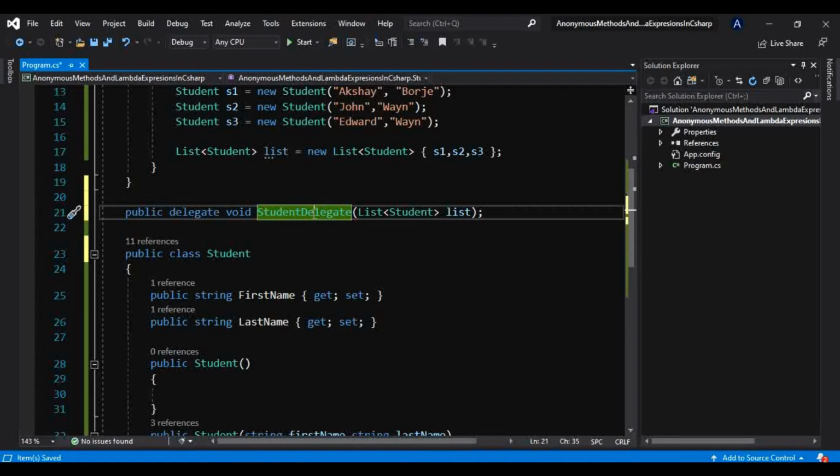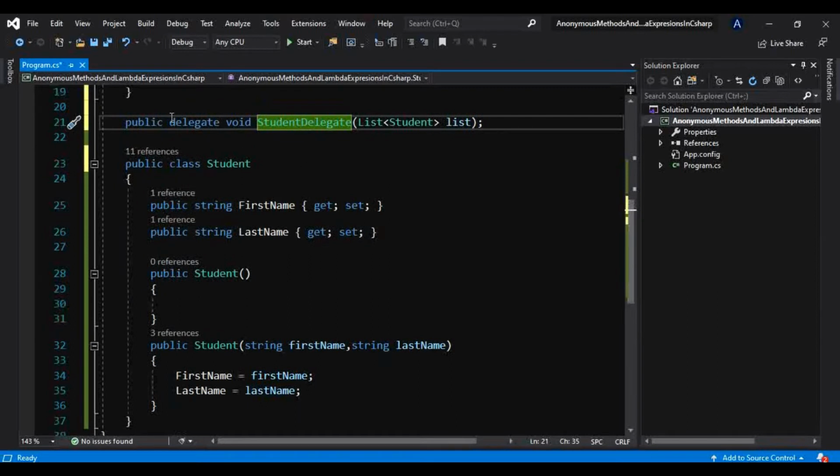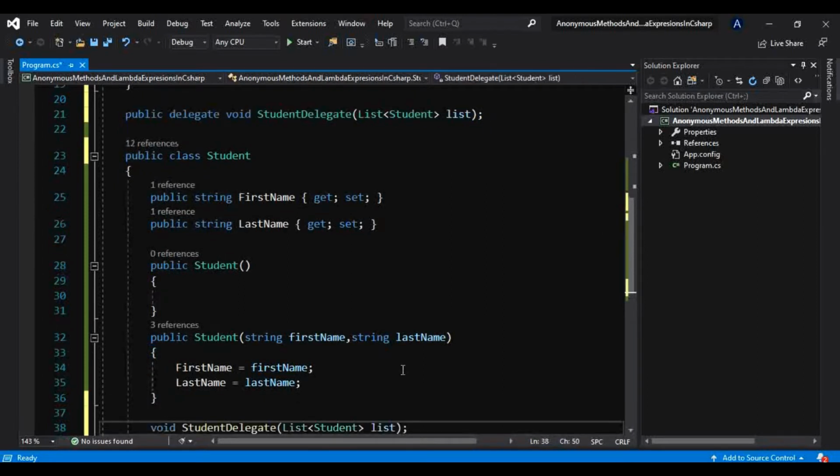Okay, so in order to understand this better, otherwise you will not understand how we use delegate and why I am creating this delegate and invoking that method through a delegate. So go and watch that first in order to understand this better. Now coming back to this concept, I will create one method which will match the signature of this delegate. Let me just copy this from here, and I will create one method here in this class.